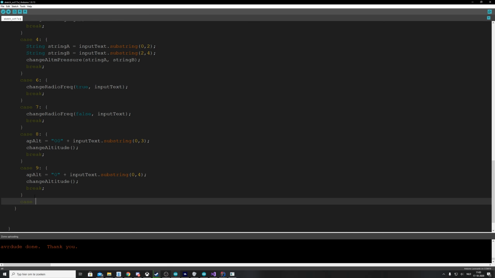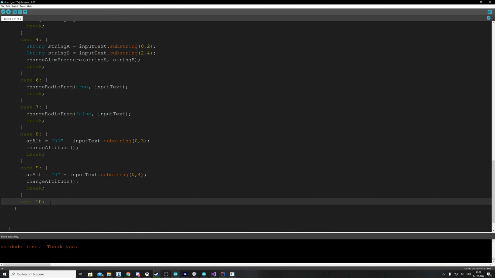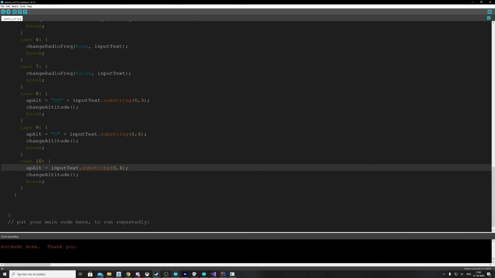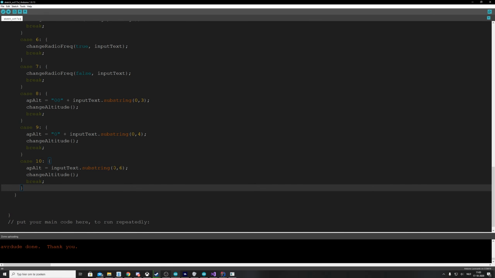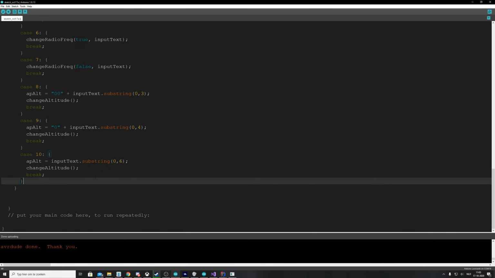And we have case 10, where we just copy this again. AP alt is input text, but comma, dot substring 0 till 6. So 10 characters are coming in, but only 5 of them, 0, 1, 2, 3, 4, 5, are actually the values we're going to be using in our